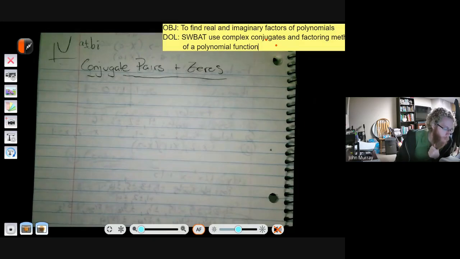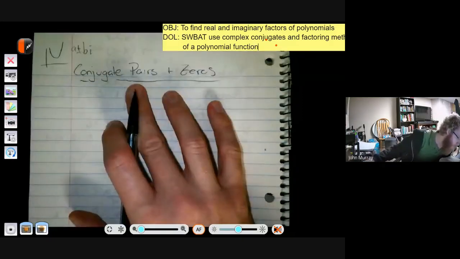When we have an imaginary root, it automatically gives us 2. Okay, so